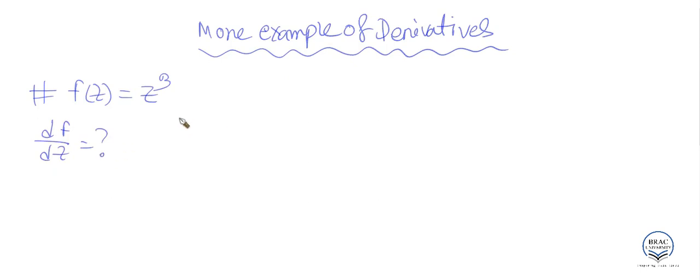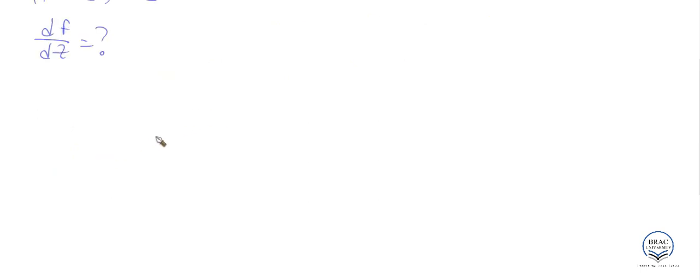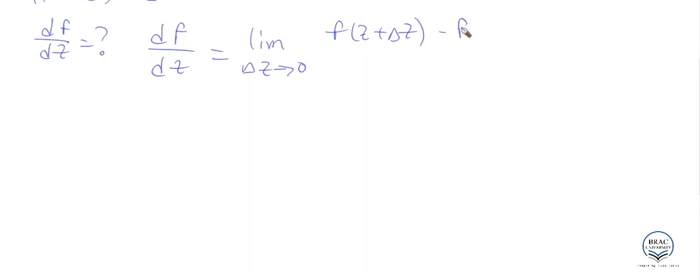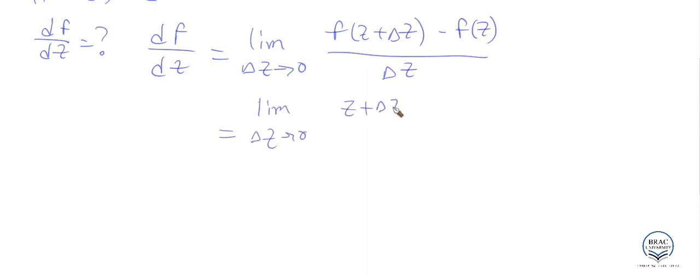So again we use our definition of the derivative in terms of the limit, that is df dz is just the limit as del z goes to 0 of f of z plus del z minus f of z, over del z. So let's put our function over here. Remember we are considering the function z cube, so just write it down. You have z plus del z cube over here